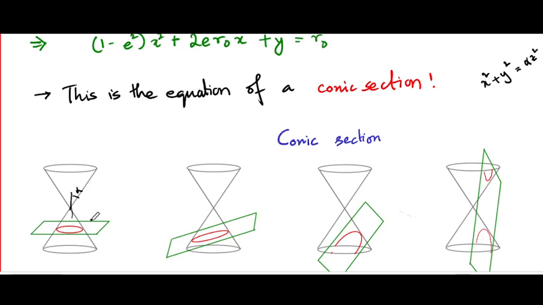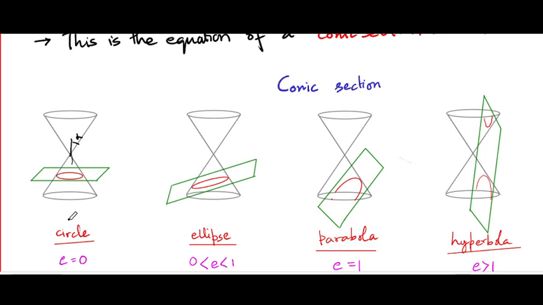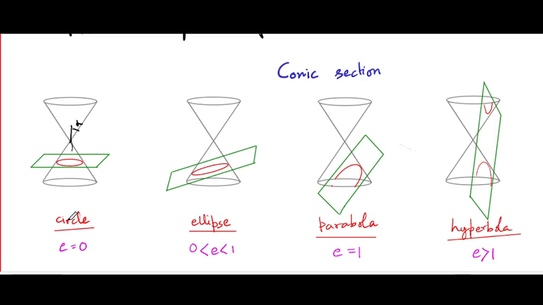If our plane is exactly normal to the axis of the cone, in other words, in our picture, it slices the cone horizontally, then the section that has been drawn in red here will obviously be just a circle. So that's the case that you have most commonly. And as we will establish, or as you may already know, a circle corresponds to the parameter e in our solution r equals r0 by 1 plus e cos theta, simply being 0. That's sort of straightforward. If e is 0, the equation simply becomes r equals r0. The distance of the point from the center is a constant r0, just a circle whose radius of course is